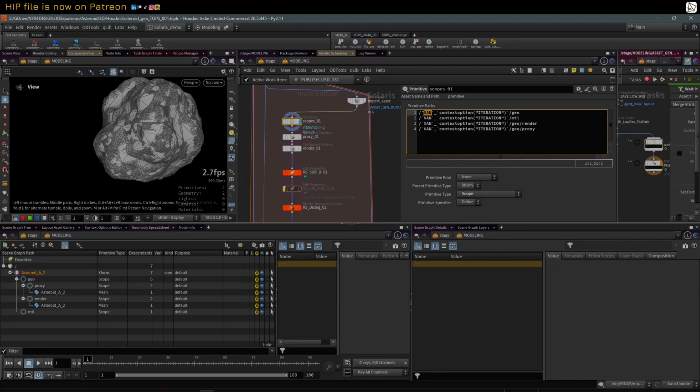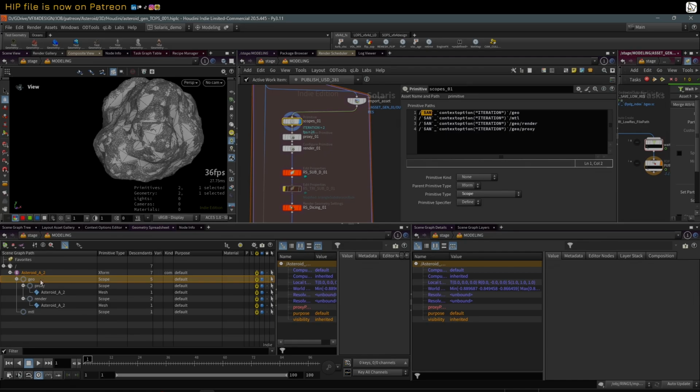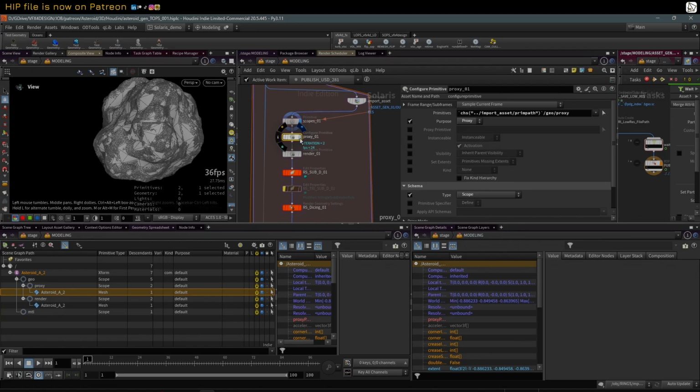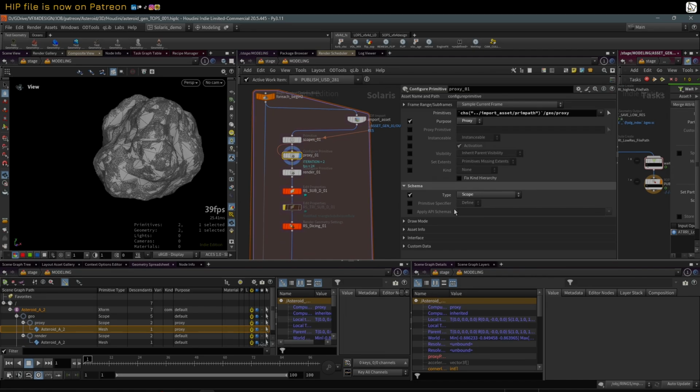Again, I'm just taking the name of the asset and creating a hierarchy. So I'm creating a scope here which holds another scope called proxy, and that's where we hold the proxy geometry for the viewport, for the purpose when we do preview or proxy and render. And we have the render version here and a materials location. And then I'm going to define the proxy here and turn that into a proxy. So I'm using a configure primitive node, and I think the only thing I'm changing is the schema. I'm setting it to scope, and then I'm copying and pasting